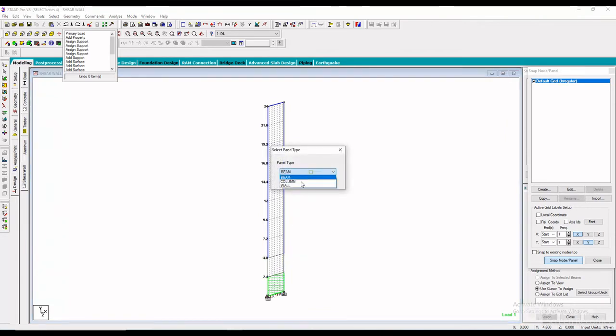So the main part is you have to create the panel. You have to create panel for surface 1, 2 and 3 one by one, and you have to change the panel type like wall.